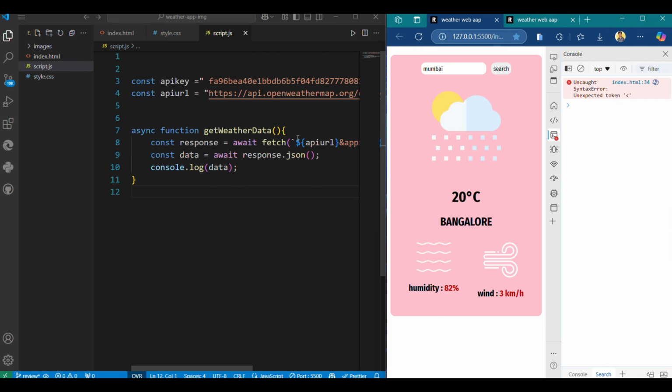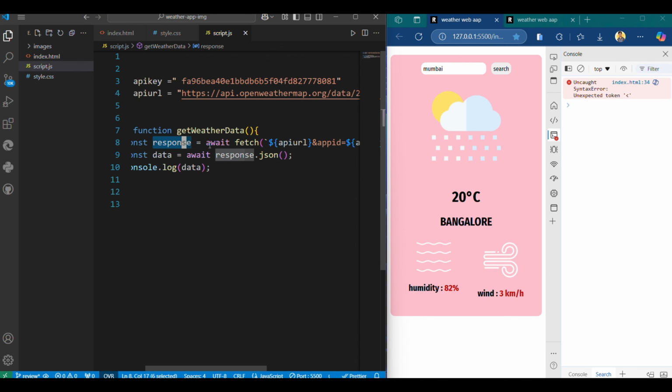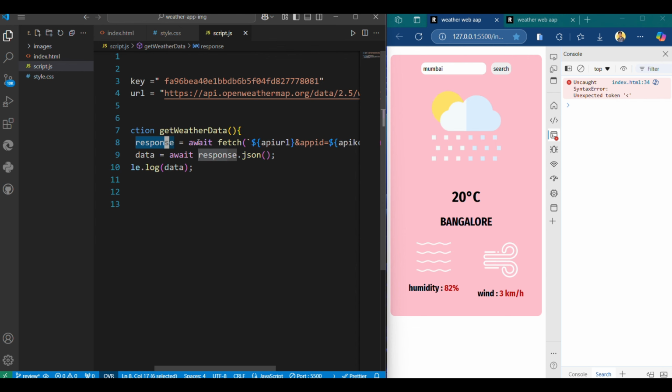Okay, first let me explain this code before we proceed. Here you can see I have written an async function named getWeatherData. Inside this function, I create a variable called response, which uses the fetch function.